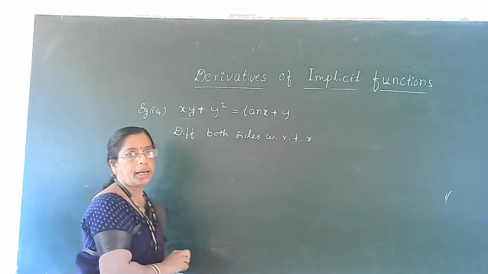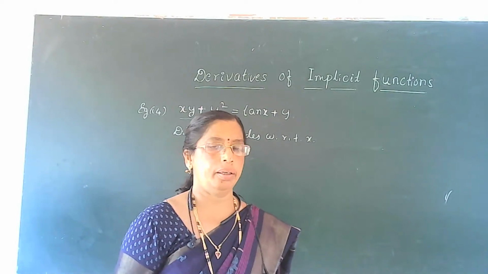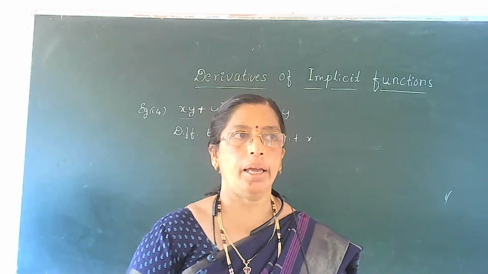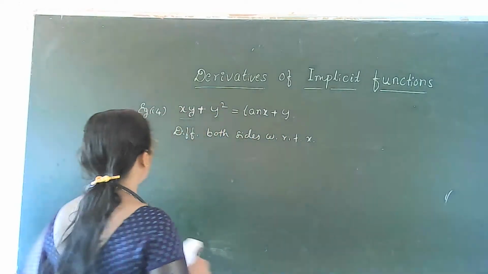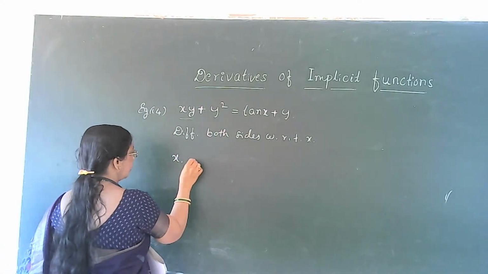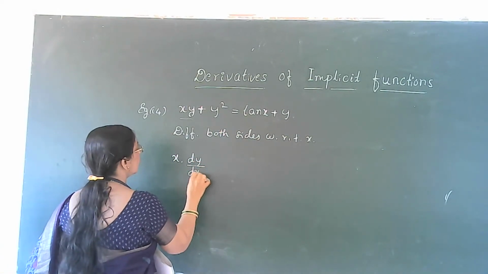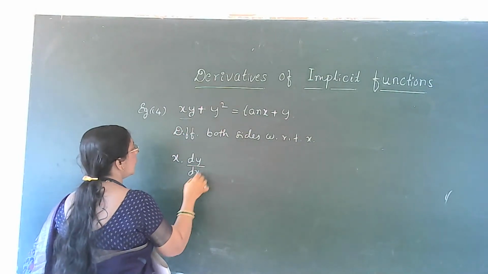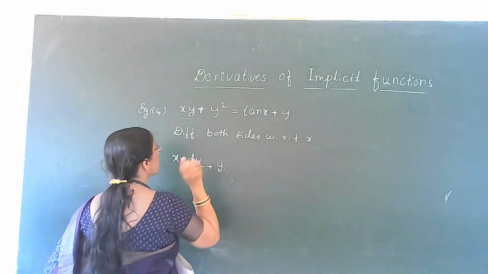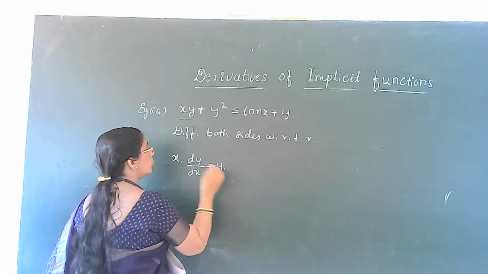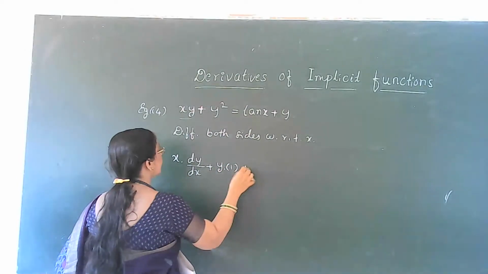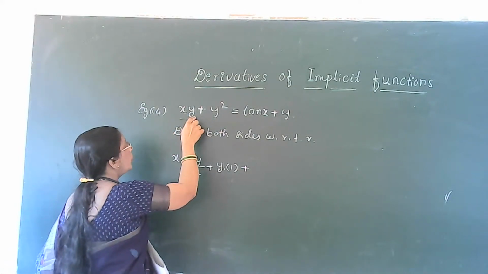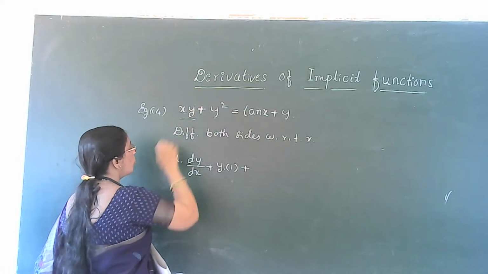derivative of xy. Here, xy needs the uv rule. We use the uv rule here because x into y is u into v. Therefore, x into dy by dx, derivative of y, x constant. Derivative of y is dy by dx, plus y is constant, derivative of x is 1,